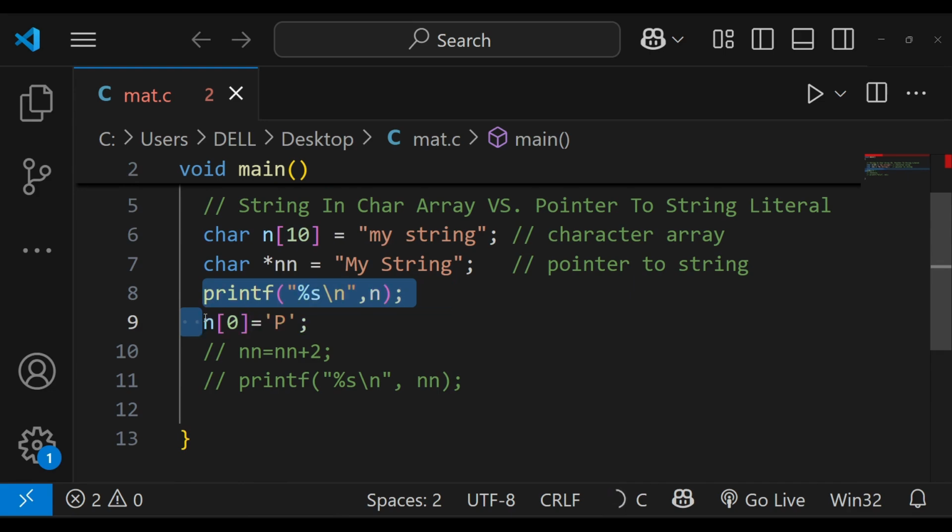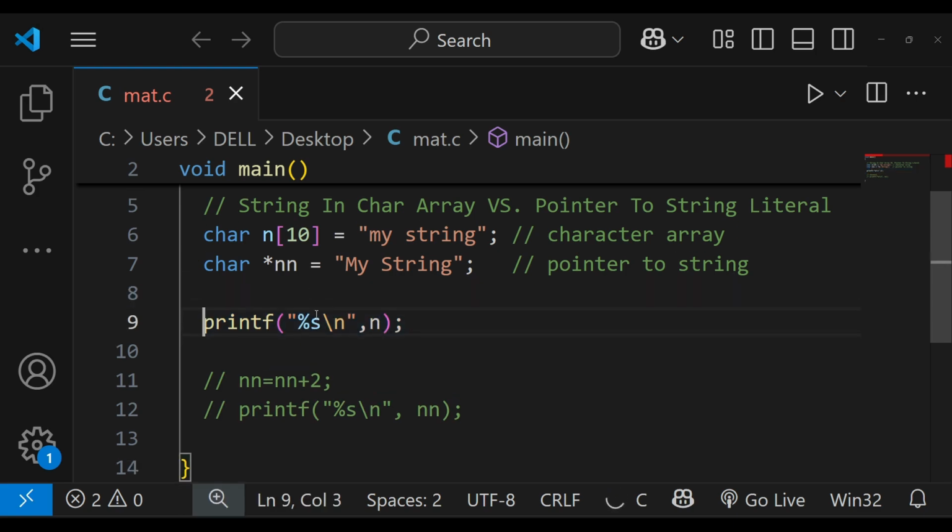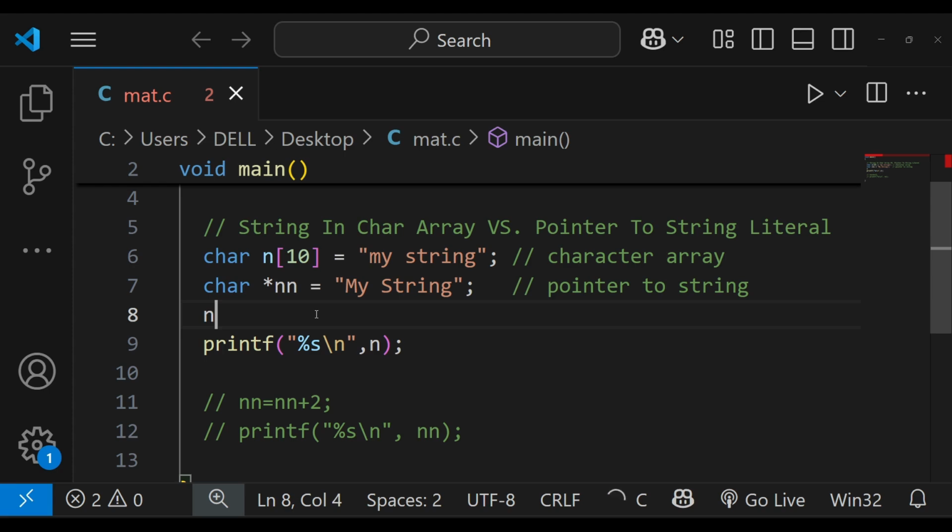So now I say n plus plus, as I was doing arithmetic with the pointer, and I go with the initialization method also, that is my string, and I say n of 0 plus plus. That means it should give me y, starting from the small y to string, because I'm incrementing it,